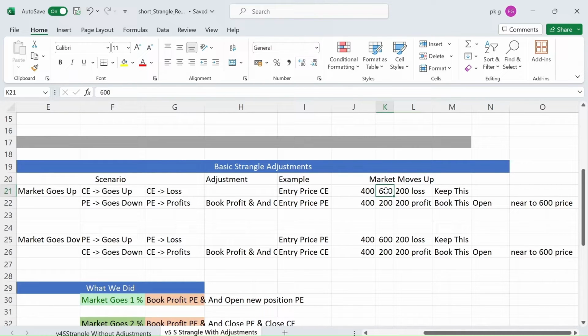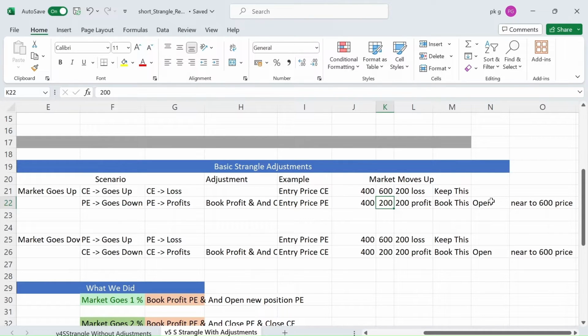This 600 will go even higher, and this loss will become much more, and this PE option will only reduce a little from 200, and this profit won't increase much because it is already at 200. Whatever losses are made from the CE option increase, that won't be adjusted by the current 200 price PE option. So that is the reason we will book this profit and open another PE at another strike